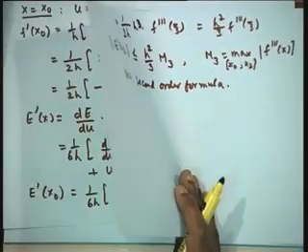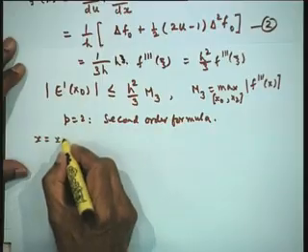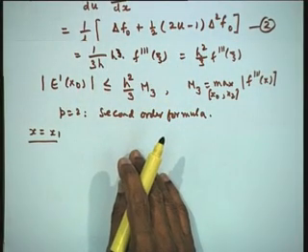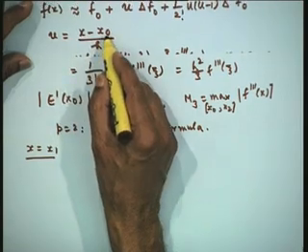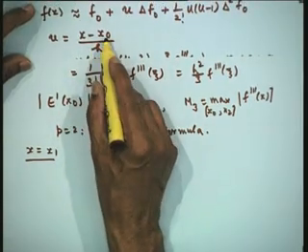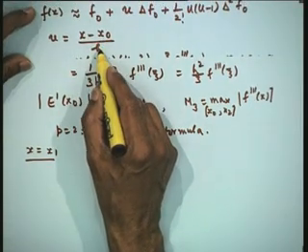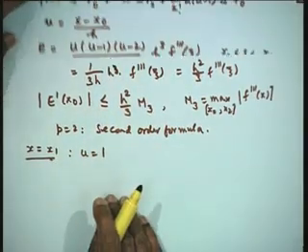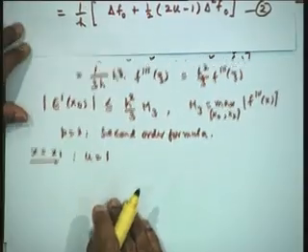Now, it is interesting to see how the same formula would behave at different points. So, let us take this formula at x is equal to x 1, that is the middle point. There are 3 points we have taken: x naught f naught, x 1 f 1, x 2 f 2. So, for the middle point x 1, the value of u is x 1 minus x naught divided by h. x 1 minus x naught is h, therefore, h upon h is 1. Therefore, at x is equal to x 1, u is equal to 1.